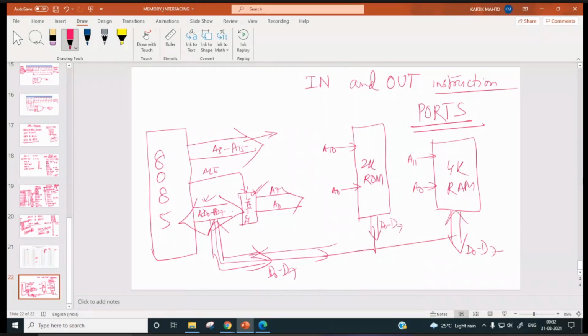Unused address lines, in this case A12 to A15, will be decoded and used for chip select.